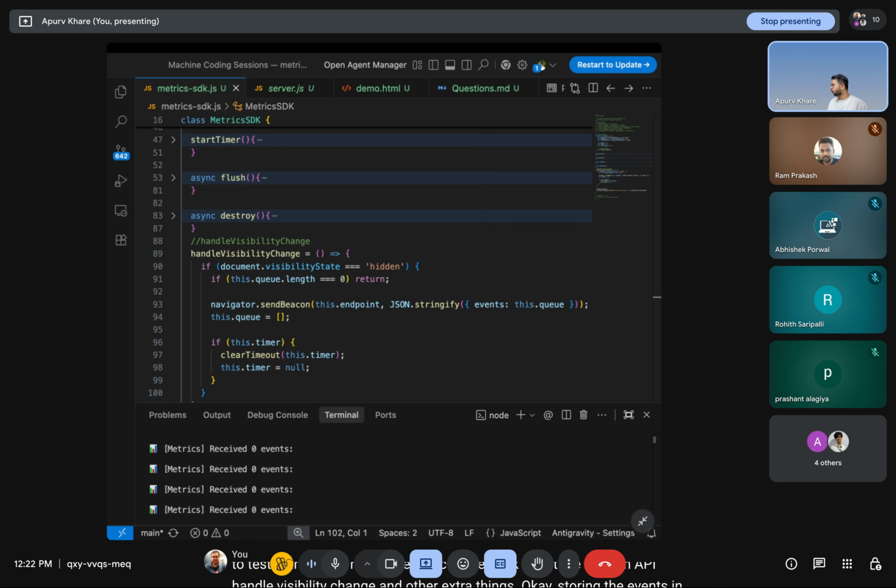I'm just thinking what else can be discussed in follow-up questions. Yeah. So you also have hard memory limits. Let's say if the user is offline or the server is down for a lot of time, you can have a maximum of 10,000 messages or something that you will save. That again depends on how you want to handle it, but you should not clog the user's memory. Otherwise the browser will start hanging, and they will blame you because they will say unresponsive page or something. So you have to keep a maximum memory limit also,